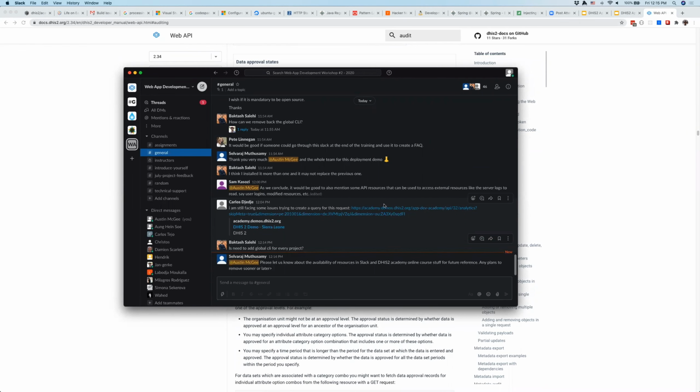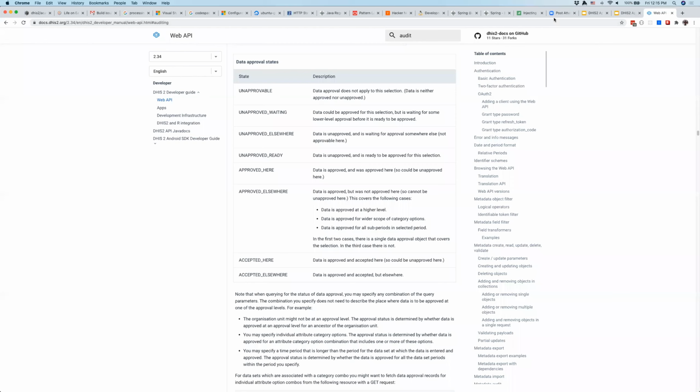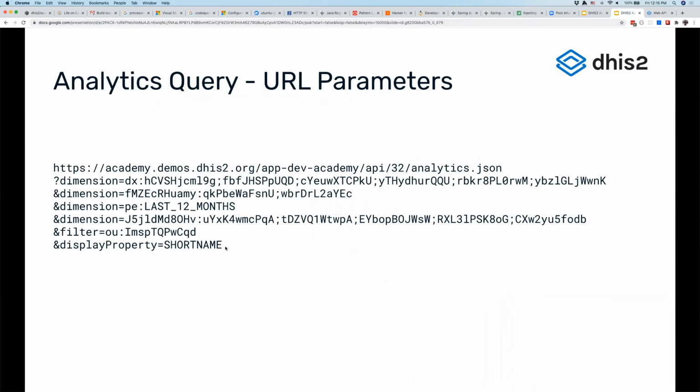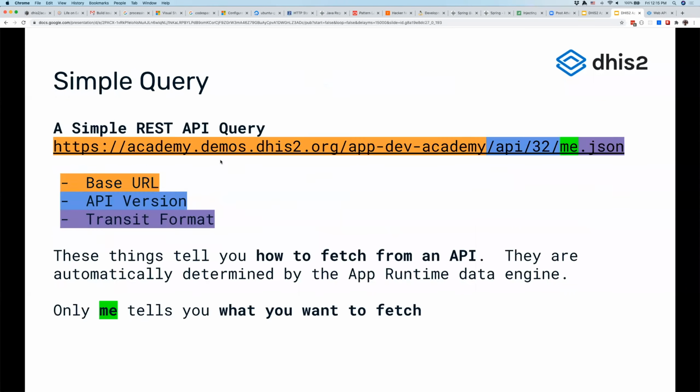Another question here, I'm not sure what the challenge that Carlos was running into was, but I thought I'd just briefly recap. This is an analytics request for the analytics API of DHIS2, which is possible to request using the DHIS2, what was it? Sorry, the app runtime data query. This is a little bit blurry, unfortunately, but this is from